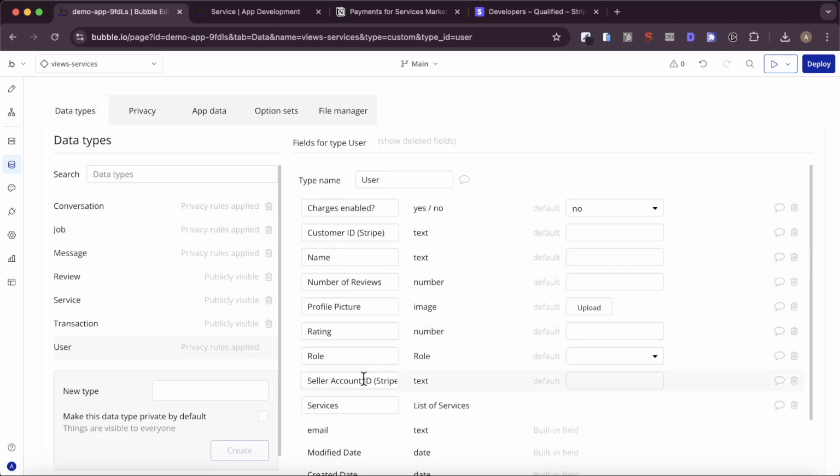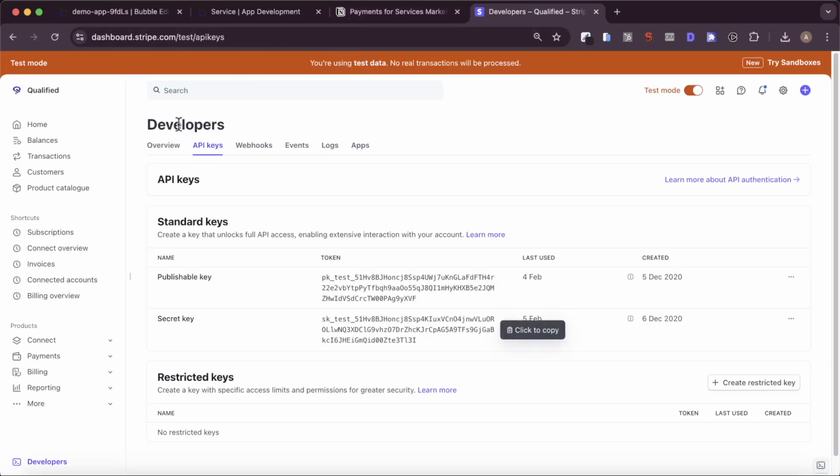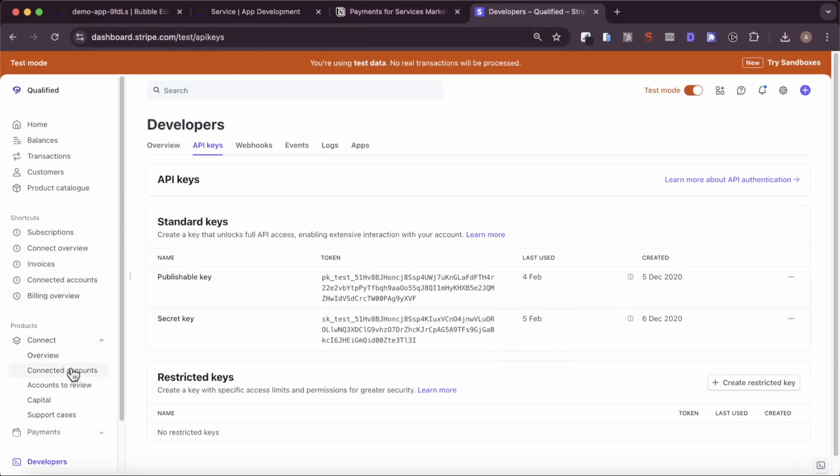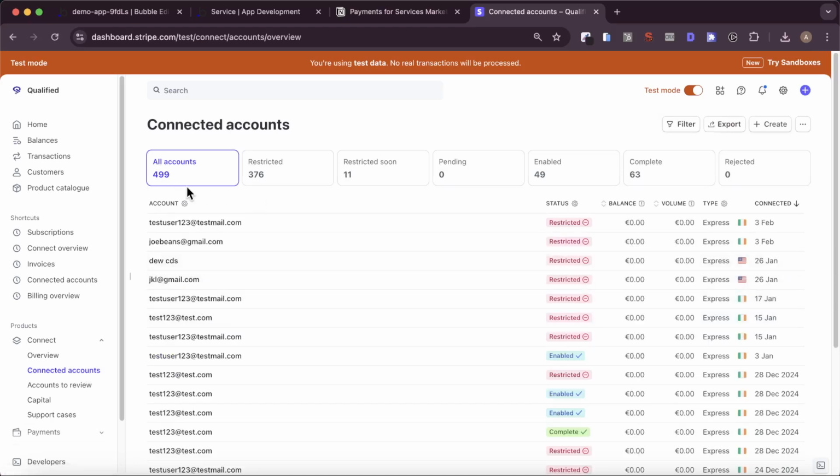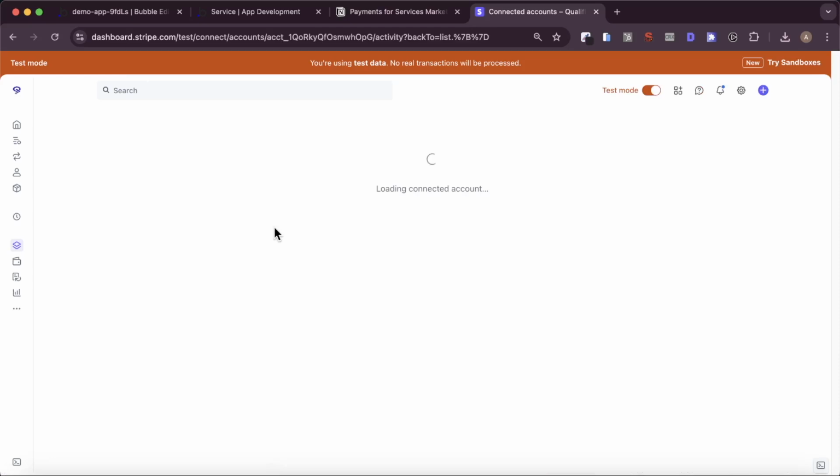We also have the seller account ID, and you can see here I have Stripe in brackets afterwards, and this is going to represent the account ID in Stripe for every freelancer on your platform who is selling services. And just to give you a sense of where this comes from, if we go to connect and we look at all the connected accounts, and I already have quite a few because I've been using this test account for quite a while, but if we look at this user here,